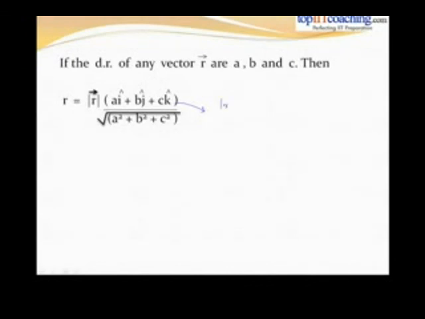modulus of vector R into A by under root of A square plus B square plus C square times I cap plus B by under root of A square plus B square